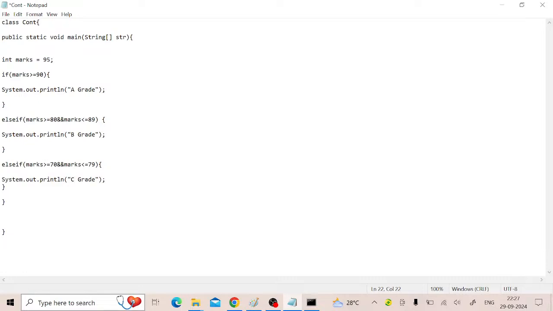Fine. After that, let's take more scenarios. Control C, Control V, greater than 60 and less than 69, because we can't make 70 because 70 is of C grade. So we can write here D grade. Now, what will be the scenario? See, the scenario is,